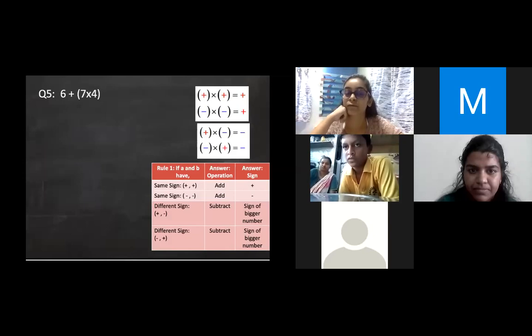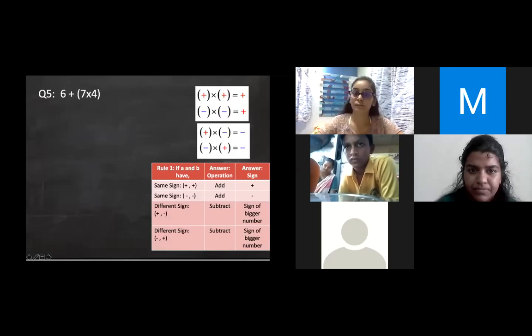Okay. Whenever you look at the sign in front of a number, you have to look at whether it is a positive number or a negative number. So the answer that you gave us was incorrect. The answer is that both numbers are positive. Now the final answer you can see will be a positive, in the first row here. Can you see? Both the numbers are positive. Your answer will be a positive.